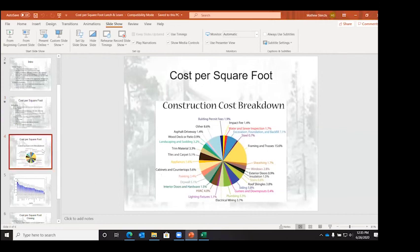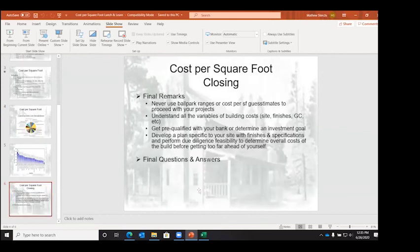And in closing, what I wanted to go back and review a couple of things. As I mentioned, don't ever use ballparks or guesstimates. A lot of times on the front end, when we start talking to a prospective client, we'll use some ranges and ballpark estimates to see if this type of project is even in the range of what they're wanting. If somebody were to call in and say, hey, we want to build a log home, and we've got a piece of land up here in Kentucky, and we want to spend X amount of dollars,